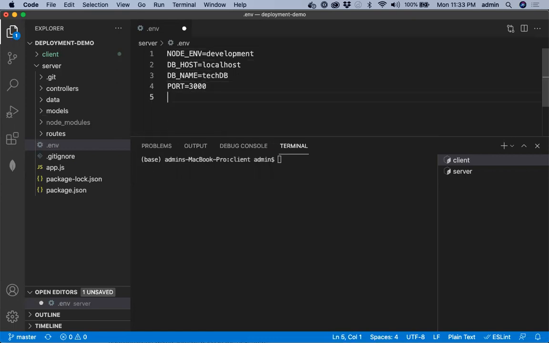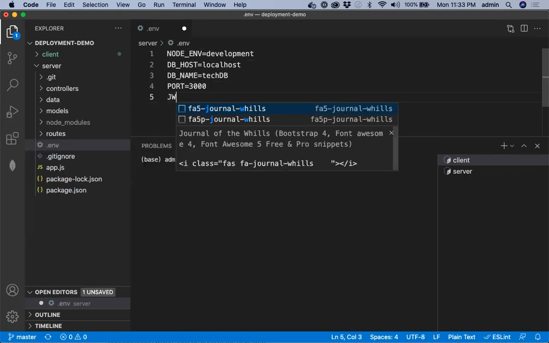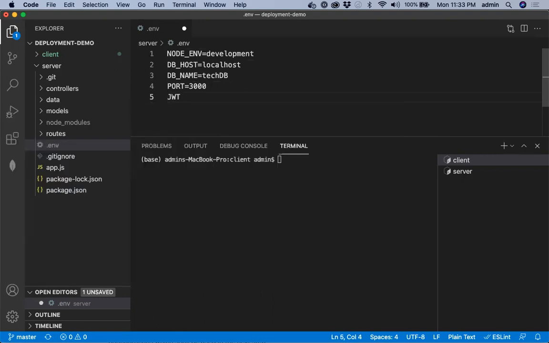If you want, you can also include any kind of secret key here. This is a good place to include it. In the production environment, it'll be slightly different where we'll include all these environment variables. For example, you can set the JWT secret key that you use to generate the JWT token to some really long random string. But I don't have a requirement here. There is no authentication, so I'll let it be, in case you would like to use it.